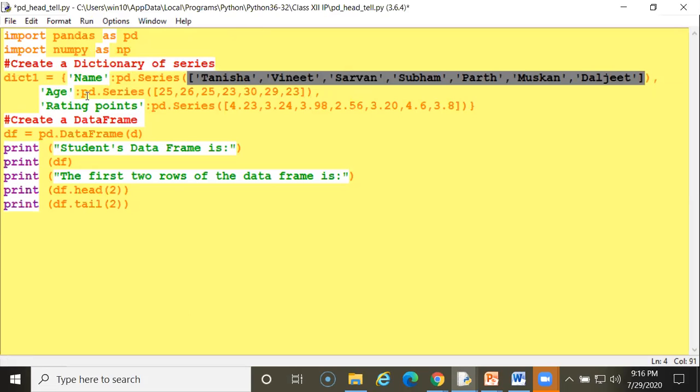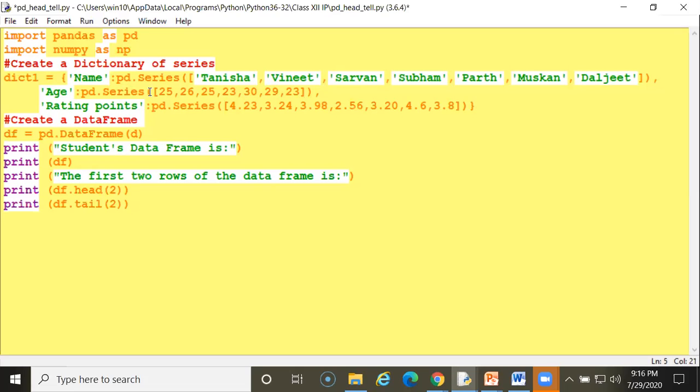Now age is a column, pd.Series I am using here. Under this bracket I am using this data separated with commas. Any value you can write. This is the age written here. You can write any age here.